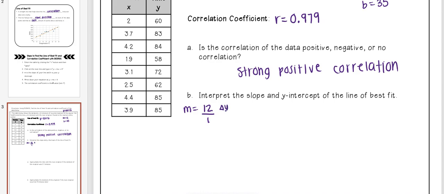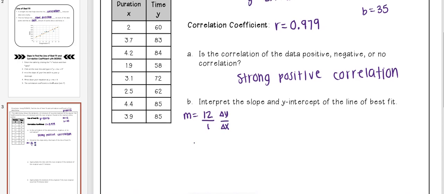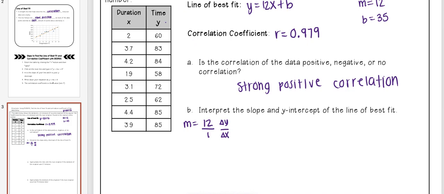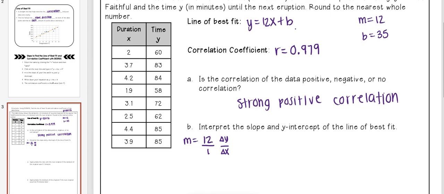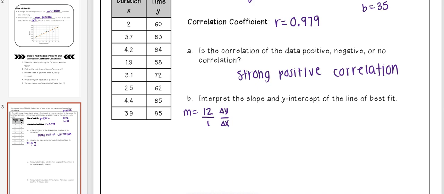And this is my change in y over my change in x. Well, what does y represent? Y represents the time in minutes until the next eruption, where x represents the duration of the eruption. So if I am interpreting this, I can say that